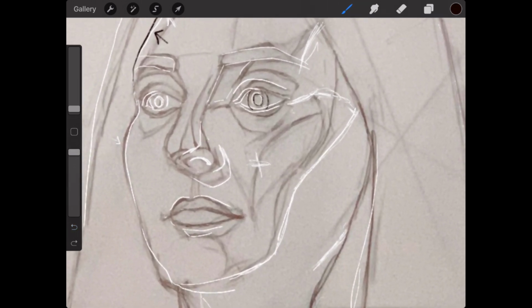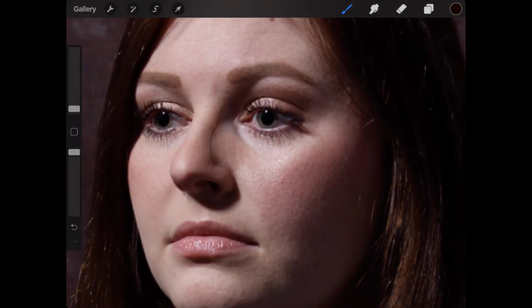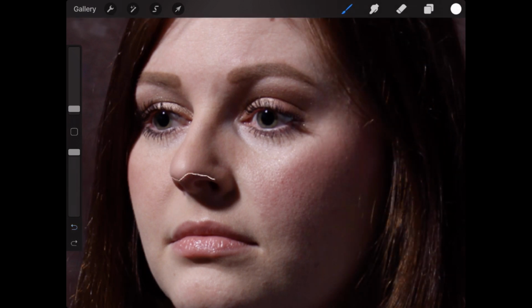With the nose, you want to get rid of these extra lines here. Just put in the important shadow shape. So if we look at the model here, there really isn't actually even a strong shape here. Her nose is very rounded. It's not very angular. So the shape you would want to put in, I'll do it in white so it's a little easier to see. So the shape that you're wanting to put in looks like that. And I would, of course, indicate at least some of the plane changes just for your reference. You could have a small shadow shape there, and then this shadow shape here.